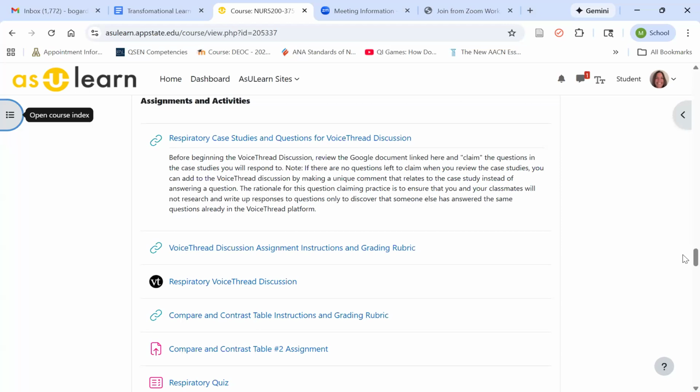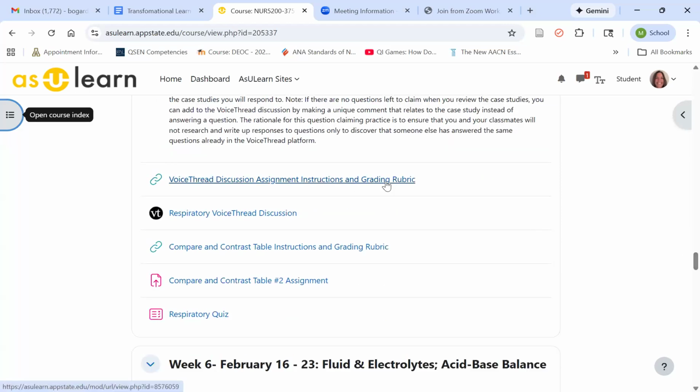As usual, I have the assignment instructions for the VoiceThread and the grading rubric, but as you know, when you go into the VoiceThread discussion, you will see the instructions there, and then you'll be able to see each case study to make your audio or video post. Make sure that the links you provide in the written comment on the same slide as your audio video post will take me to the full text article for your scholarly sources that you are verbally citing in your